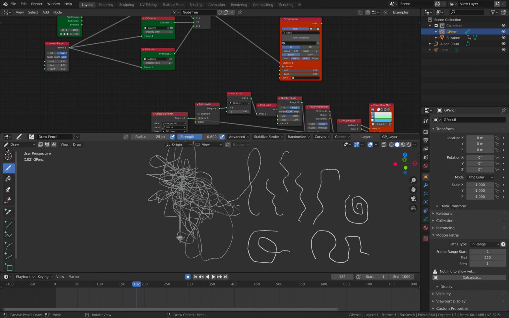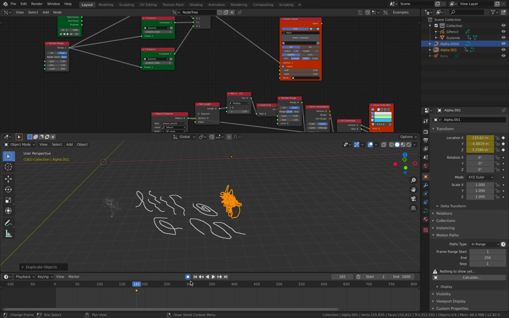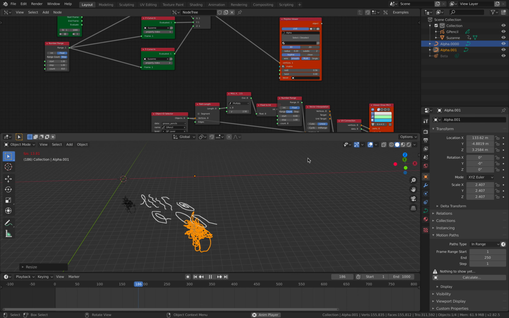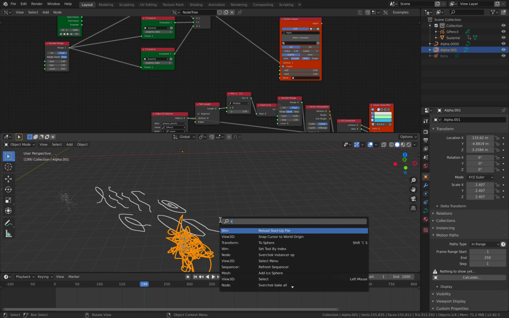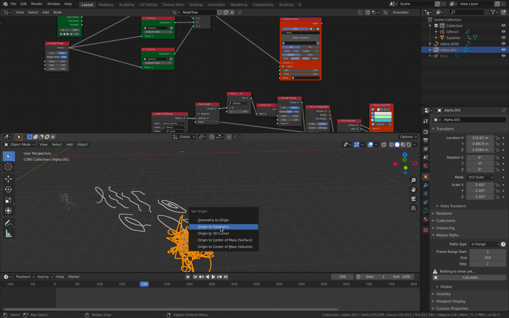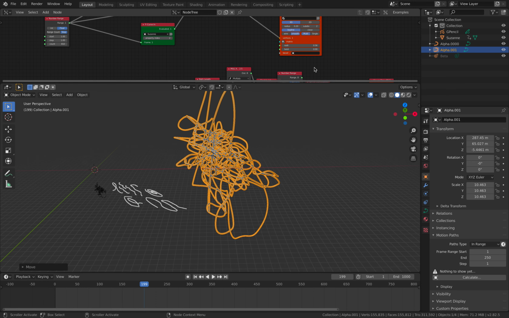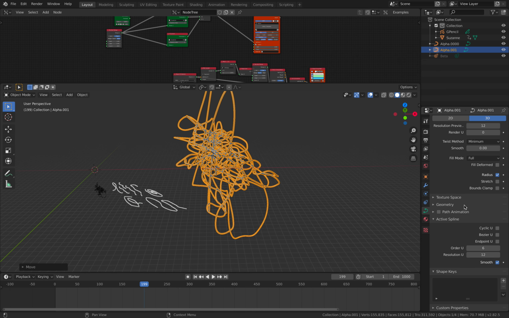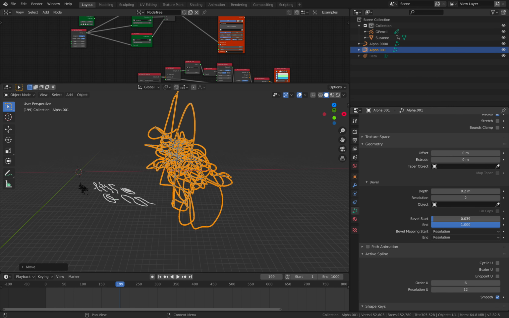Just like this, what I'm doing here with my head and the FaceCap app. I think there's something over here that we can learn. So if I set the origin to geometry, this is a curve, and of course, a curve in Blender is also kind of interesting because you can still observe the active spline, and you can play around with the bevel start and end. So this is also interesting. I found it very interesting,